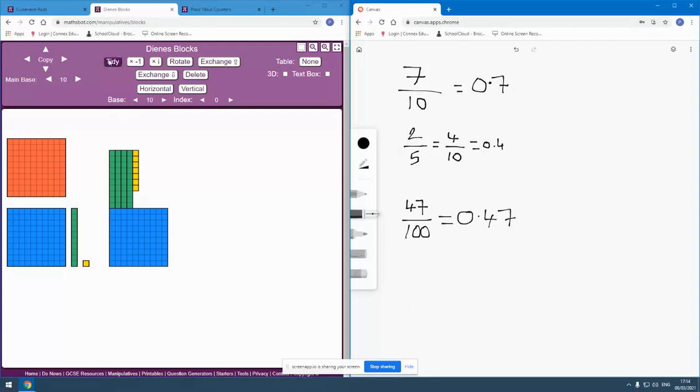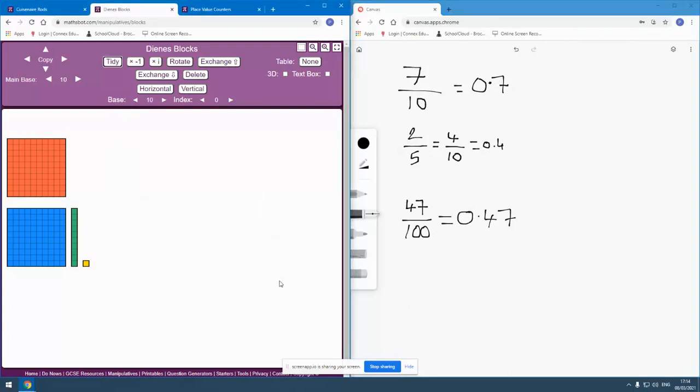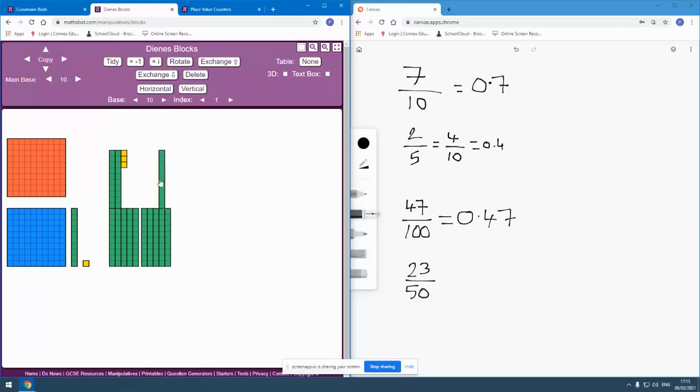And I could even look at, say, something like 23/50ths, using that sort of representation and doing a very similar thing, saying, right, well, this is 50, here is 23 over 50. But if I create the equivalent fraction, but I'm just going to leave that bit slightly separate for a minute, but if I create the equivalent fraction,